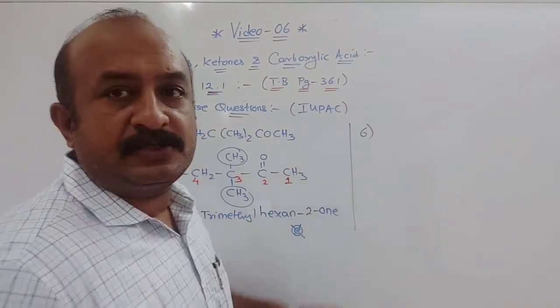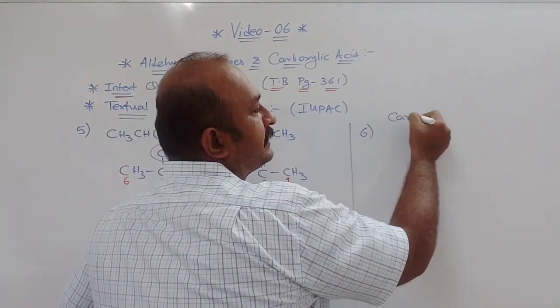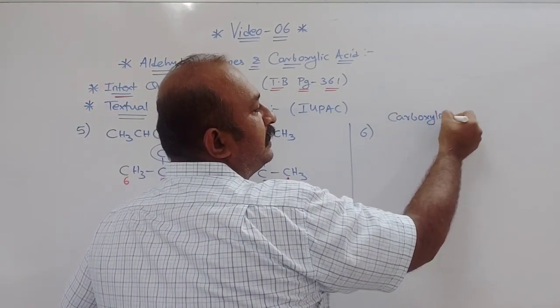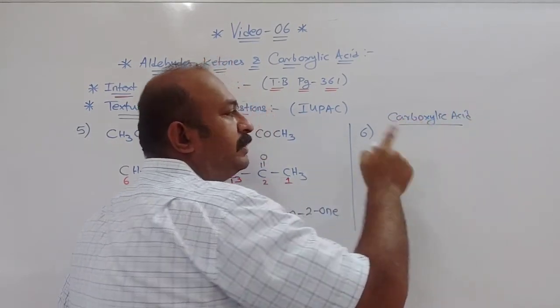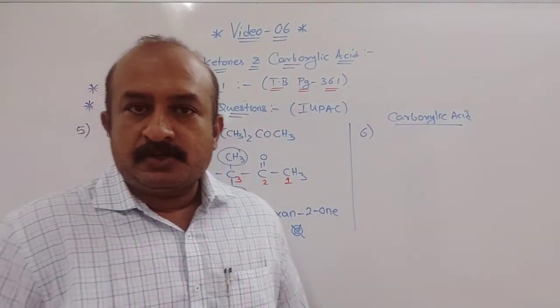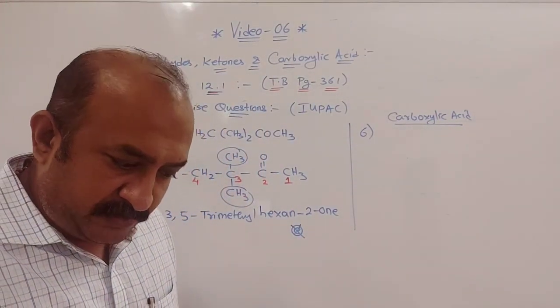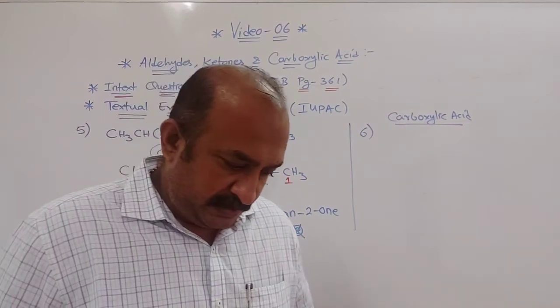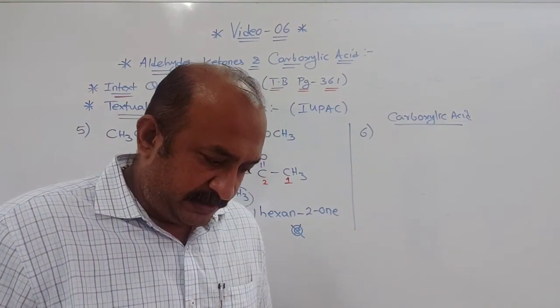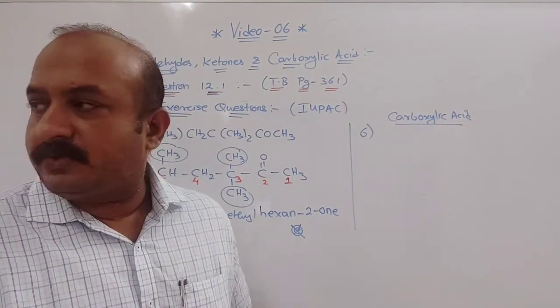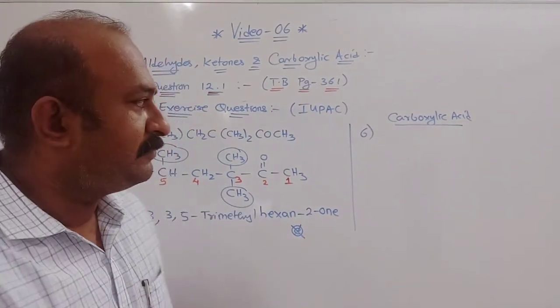Okay. Now in this case, the 6th one is for carboxylic acid. Now this topic will come at the end of the chapter. So the 6th one we will not discuss. 6th and 7th, only 2. Okay, sorry, the 7th one is again there. So we'll finish the 6th again. Otherwise only one will be remaining. Okay, so we'll finish this.